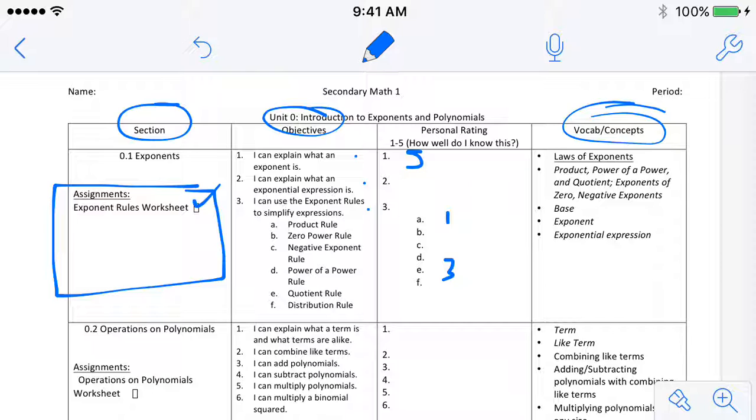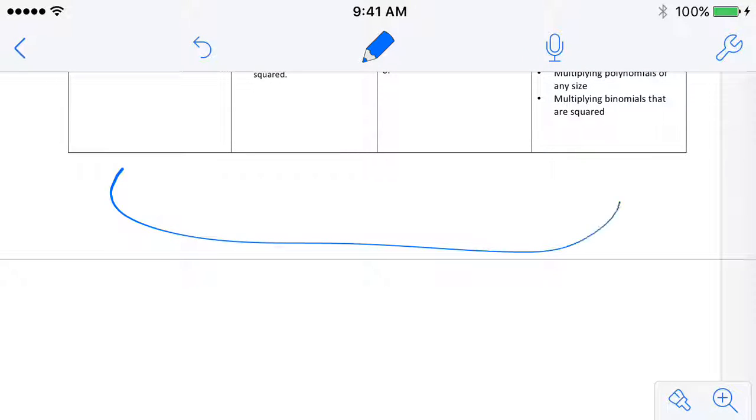So if you were absent today, you can check that out. You can also check out Canvas. You can come ask the teacher, you can look in the absent folder, there's a whole bunch of stuff you can do. But the first place you should go is to look on the objective tracker sheet, because that will have the homework listed there. And 9 times out of 10, I will also, in this space down here, usually leave some